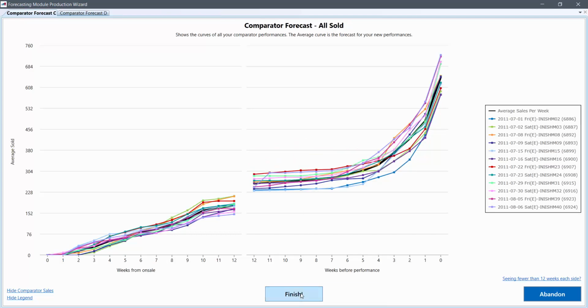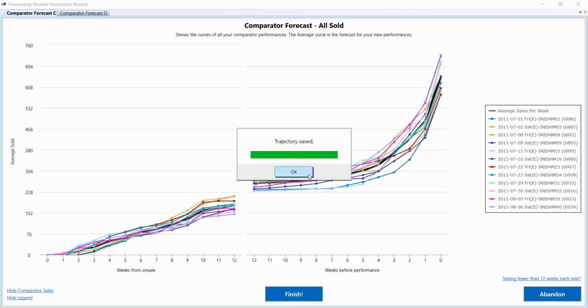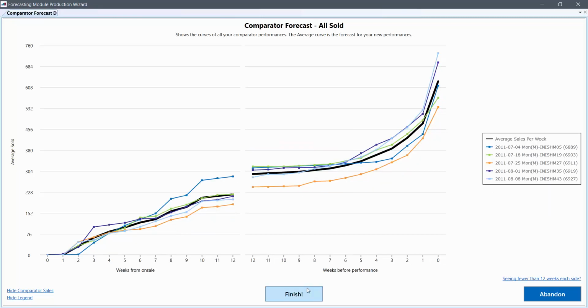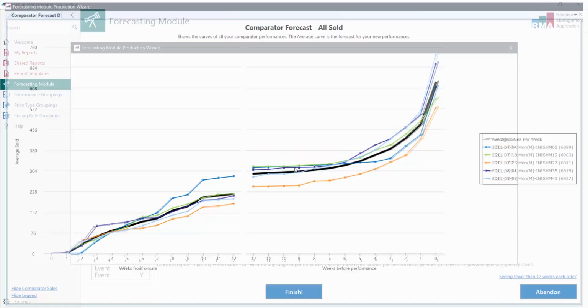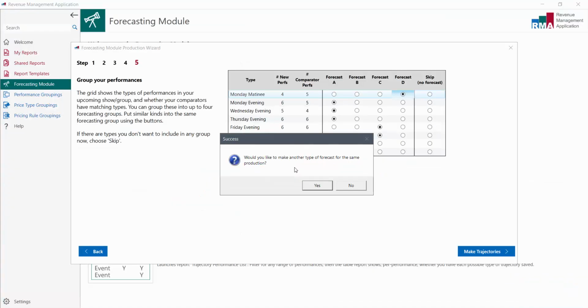and continue with each of your forecasts in turn. When you reach the last one, all of your forecasts have now been saved, and you're asked whether you'd like to make another kind of forecast for the same production. If not, you're all finished. In a matter of minutes, you've made 4 forecasts covering all of the upcoming production, in this case Tribes,